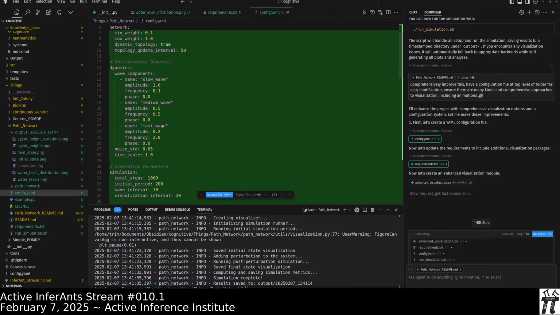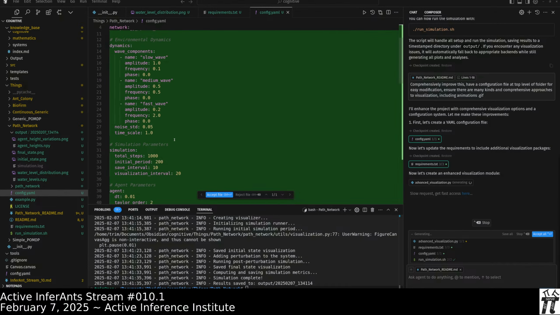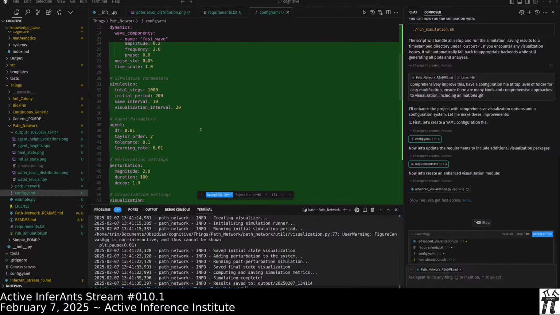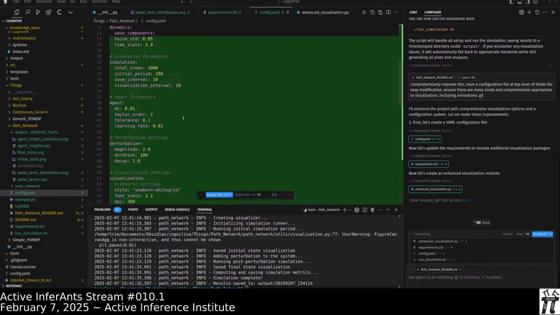Then we have, by interesting analogy, possibly to the micro, meso, macro three-layer nested simulation from the Bioferm, these three nested sine wave components. These are like three hierarchical, dynamical, continuous components. And then total time steps, save intervals, agent parameters.